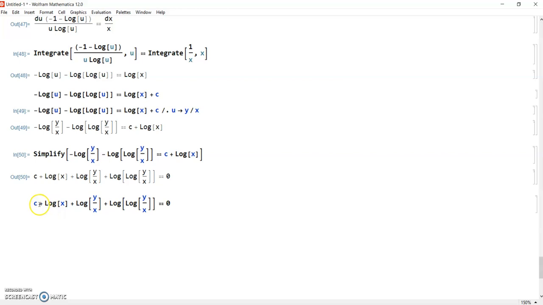Okay, so we can take this c on the other side or keep it over here. So this log x will be cancelled, and then the only thing which will remain will be the y over here. And then we can even further simplify it in terms of y. So the final answer will be y log